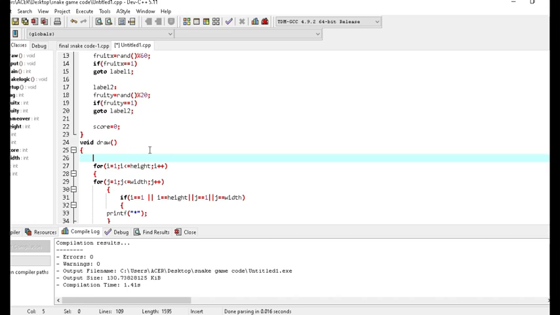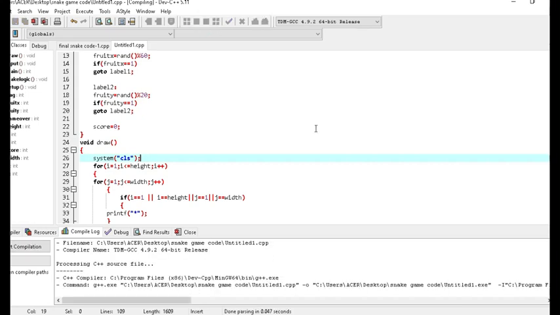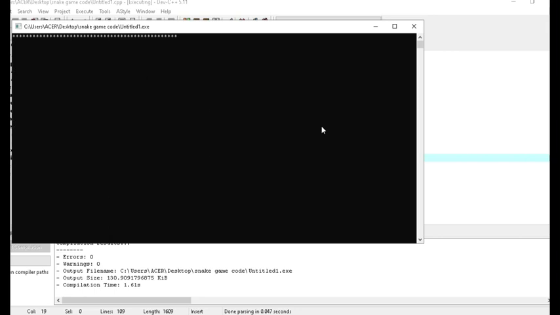I am just writing system("CLS"). This will help to solve our problem. Now let's see what happens after compiling. As you can see, it is only printed one time. It is not running in multiple loops, as the previous screen has already been cleared by that function.